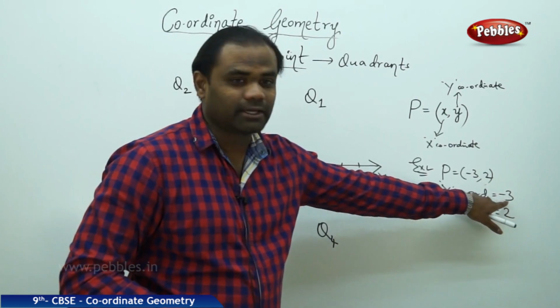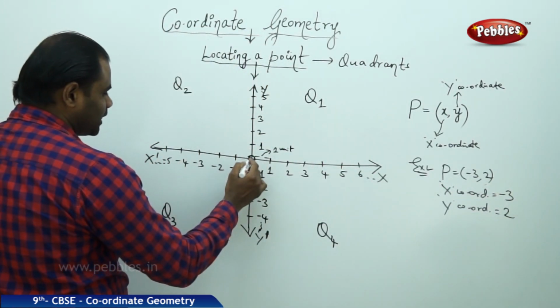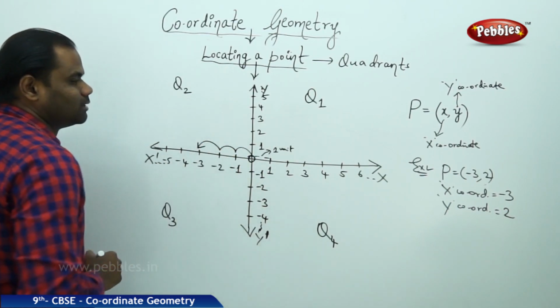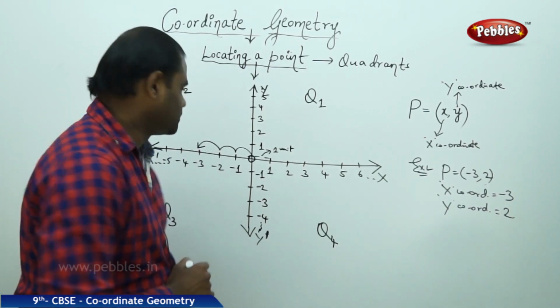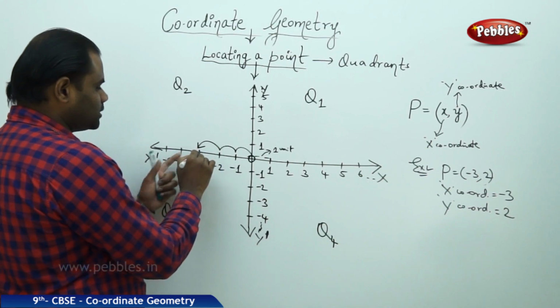The negative sign indicates the left. So with the x value on the negative side, I have 1, 2, 3. I move 3 units to the left, and therefore my point P is initially set with its x value out here,